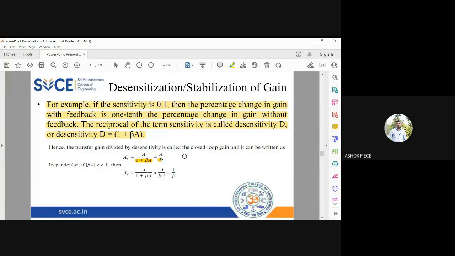So it is easy to write in terms of... about... desensitization